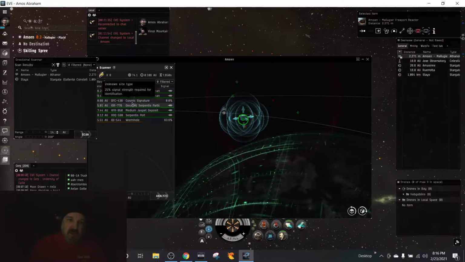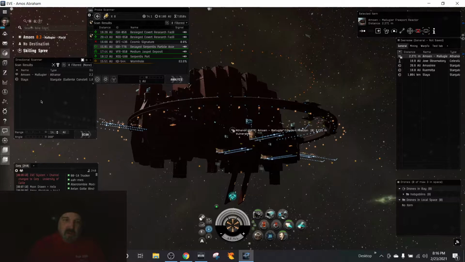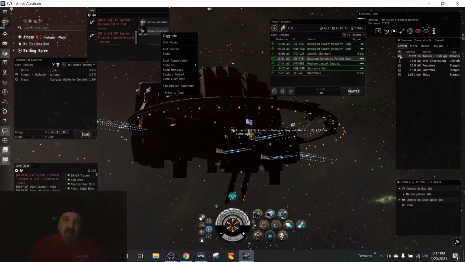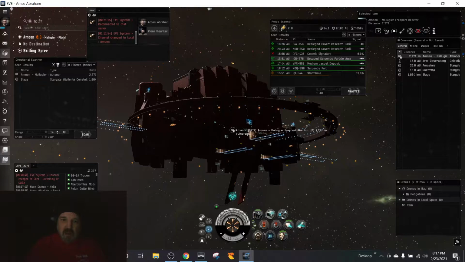Okay, Decayed Serpentis. Okay, so I have that. Let's separate this out. Close this down. Probe thing. Vince Mountaintop. Title follower. Security status is a negative 1.1. Now, I'm wondering if...